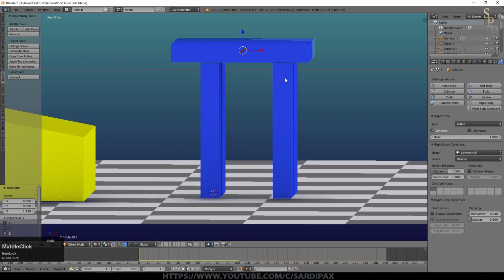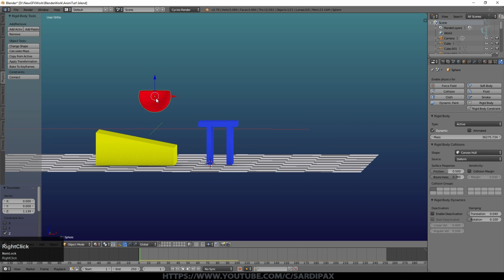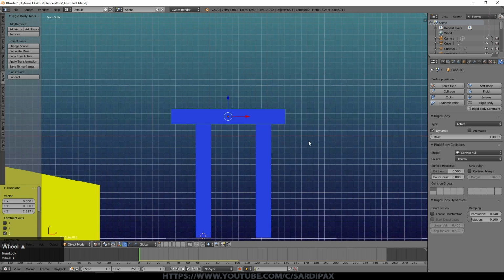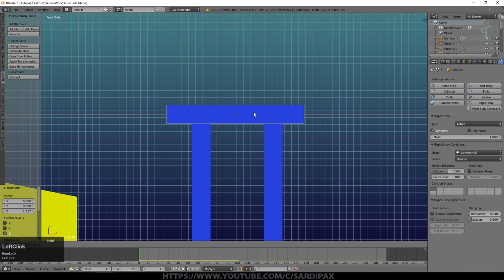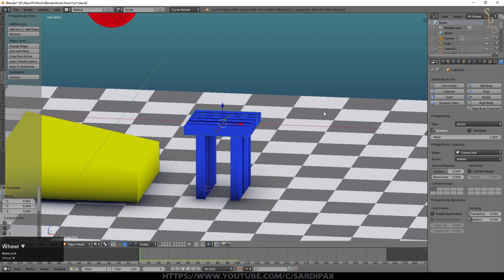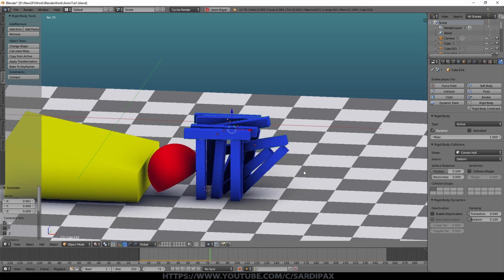Now what I'm doing when I place these for this sort of thing, so I'm actually leaving a small gap. I'm just going to put that a little higher, just to give us a bit more time. I'm leaving a small gap because if I don't, what can often happen is they go flying off if you've got one object buried inside another and they're active object, or one of them is an active object. So it's best to leave just a tiny little gap and then they settle together when you start the simulation. Let's see if that worked. You see it all dropped down.